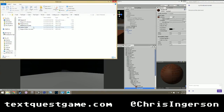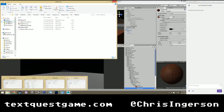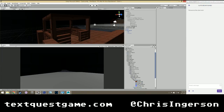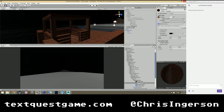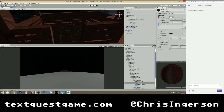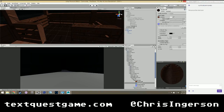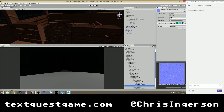Open this up. And do I have? Yeah, that's fine. Let's go to downloads. normal map.jpg. So we're just going to plug this in and see what it looks like with this normal map. Well, I mean, it could be better. Oh, I also have to... Okay, right. It's a normal map. So let's just try that, see if it fixes sort of...